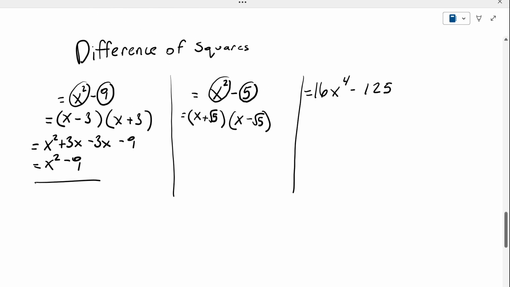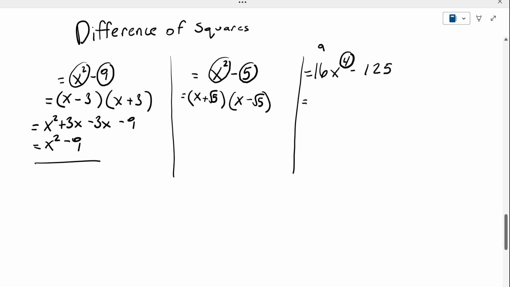Now our last example here looks a little different. We see here that we have an integer value for a that isn't 1, and we see that this is raised to the power of 4. This is still a difference of squares. Nothing changes here. We can write our two brackets, put an addition sign in the first one and a subtraction sign in the second, or the other way around,